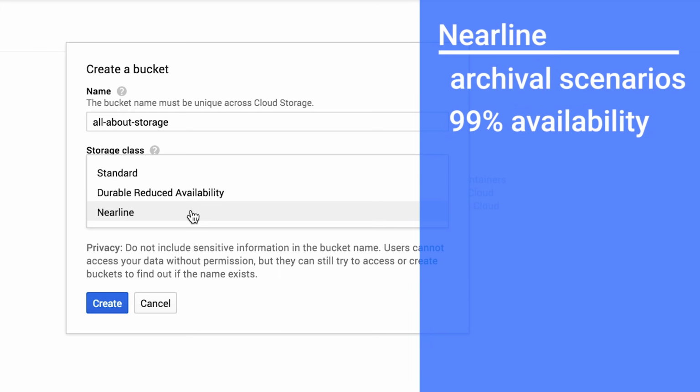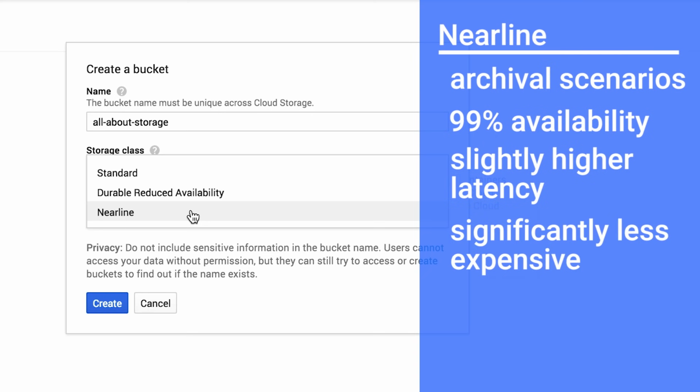Nearline storage also has slightly higher latency than standard or durable reduced availability storage, with an expectation of a few seconds to the first byte, compared with less than a second to the first byte for the other classes of storage. Nearline storage is significantly less expensive than standard or durable reduced availability storage, but there is a surcharge for